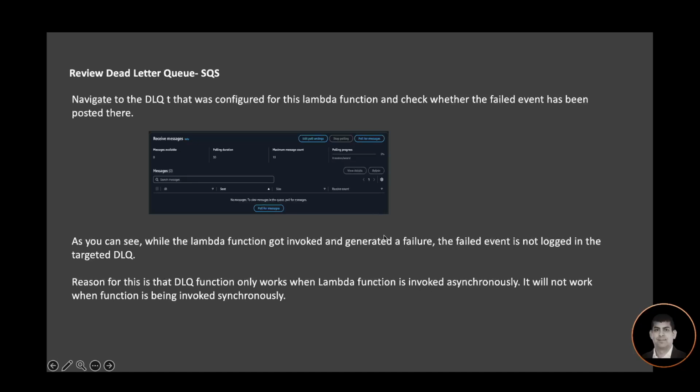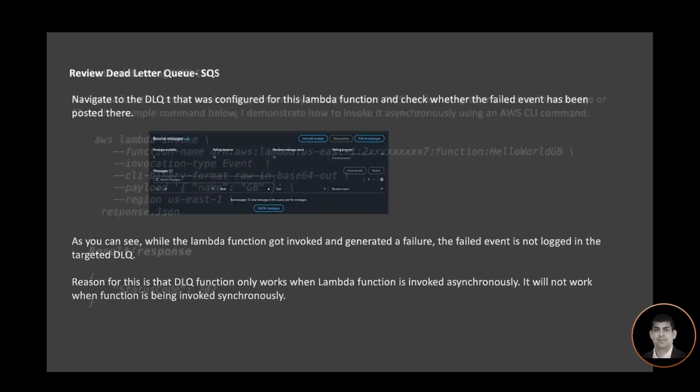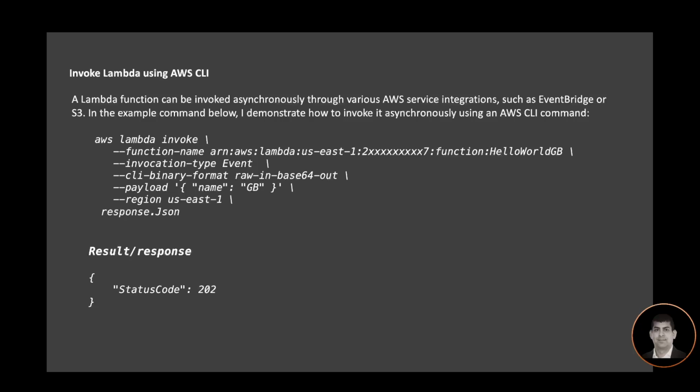So now what I need to do is invoke it asynchronously so that the failed message gets logged. There are a variety of ways, right? Depending on the use case, different services can invoke the Lambda function asynchronously. You can set it up through EventBridge or an S3 bucket or some other event, and make it an asynchronous call. But in this demonstration, I'm going to use the AWS CLI command to invoke this Lambda function